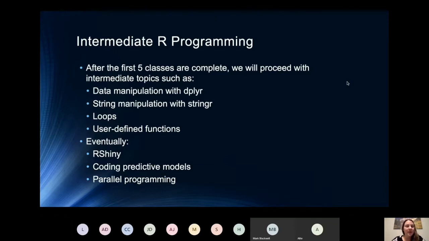That one is actually coming up, but like I said, I don't recommend taking these four classes unless you have a good grasp of R programming. Eventually, probably in the new year in 2020, I will be getting to some of the really fun, somewhat difficult concepts: R Shiny, coding predictive models, and parallel programming. Parallel programming allows you to run multiple iterations or multiple functions at the same time to make code go faster. So that would be what the intermediate